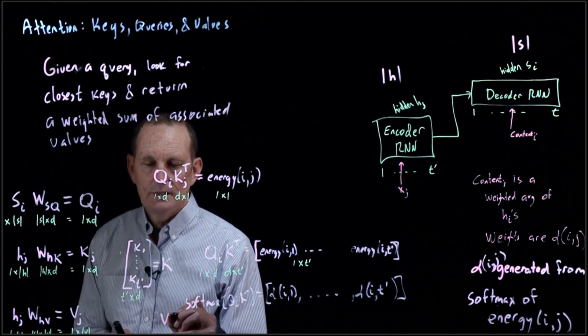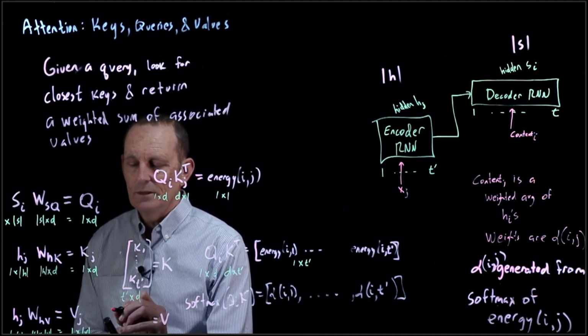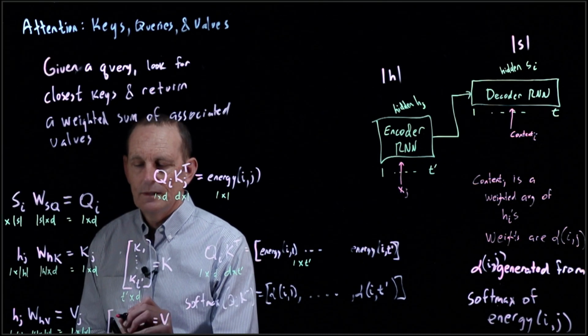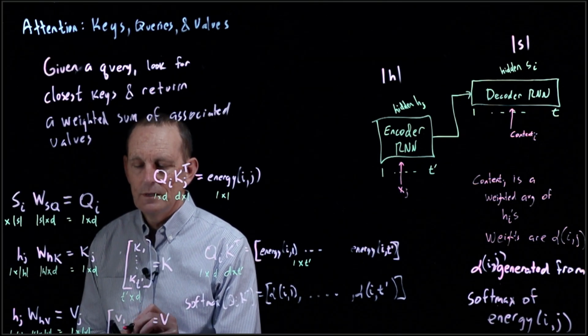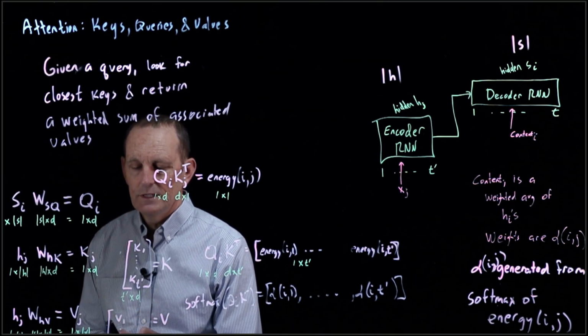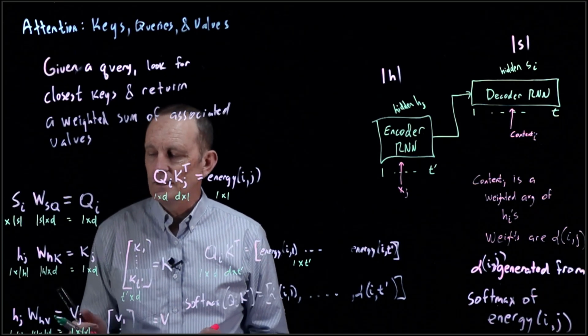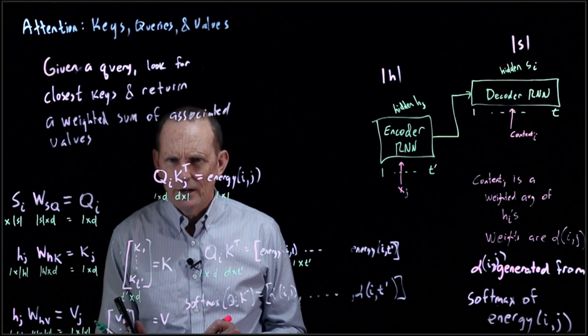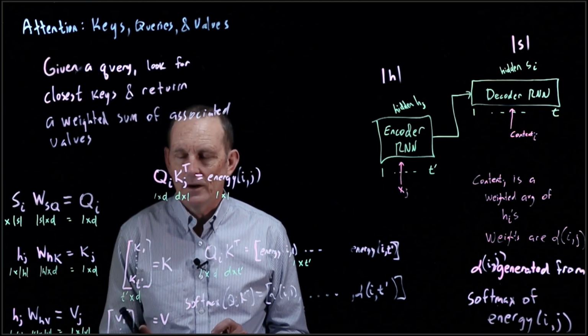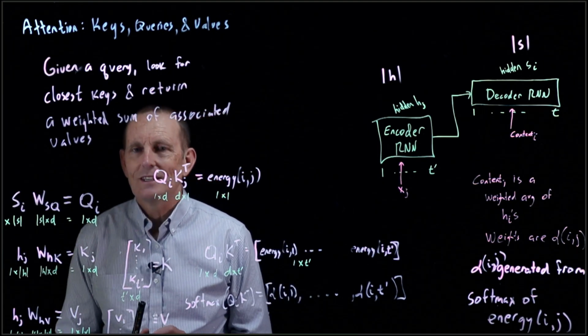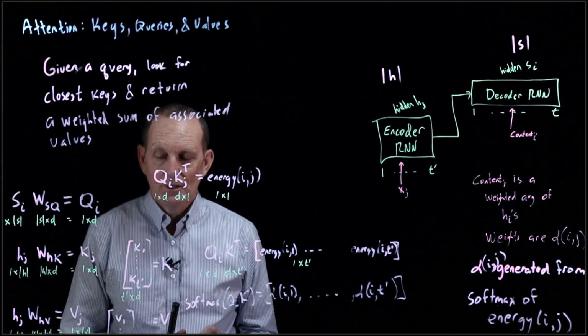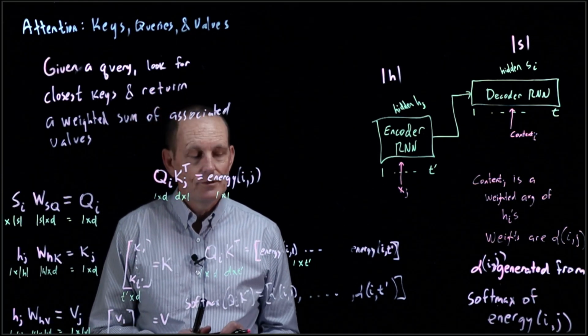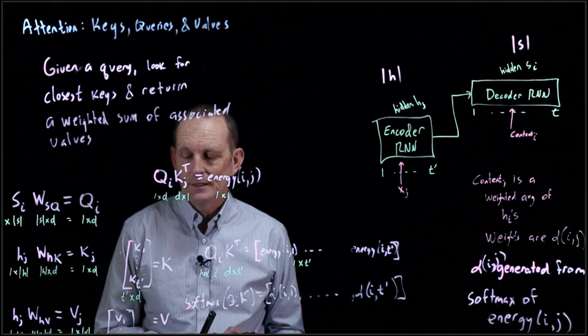So V is going to be equal to V1 all the way to Vt prime. And again, I'll remind you, if this is an identity matrix, then our V's are just our H's. But in any case, what we can do now is